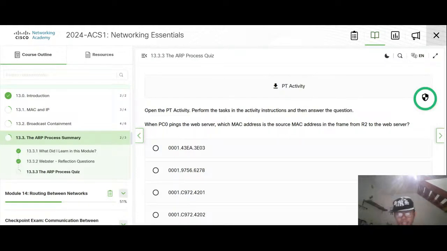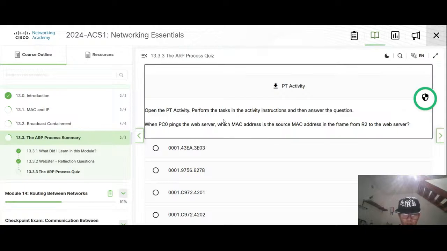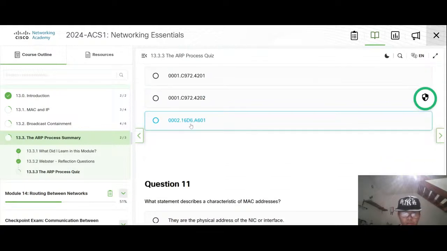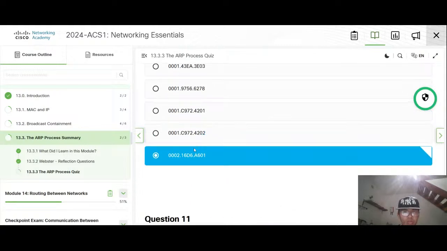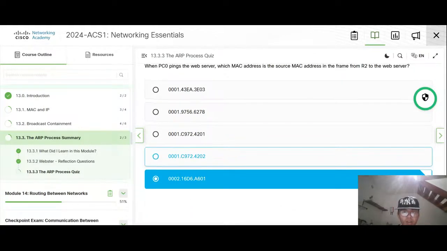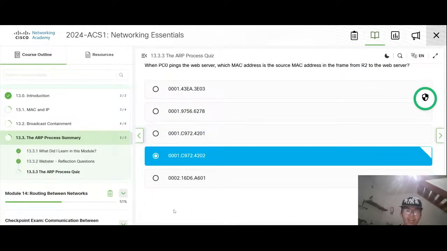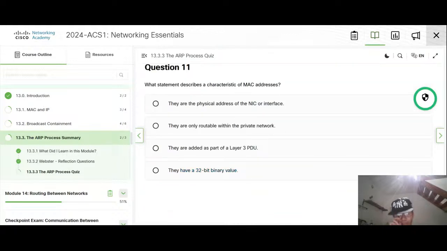Okay, it's fine. It is the MAC address of router 2. I don't know what it looks like, so just randomly, this one looks like the answer.